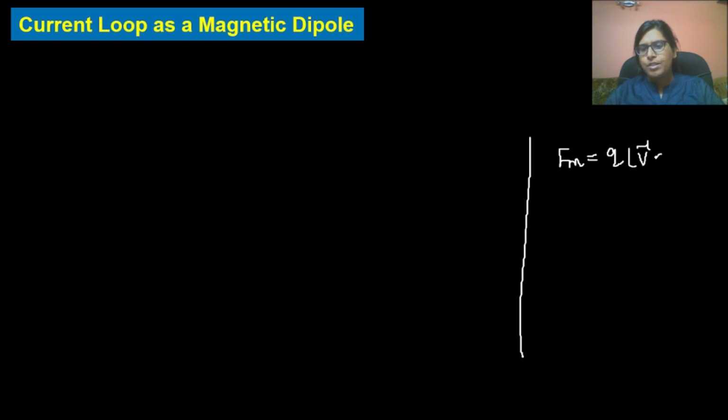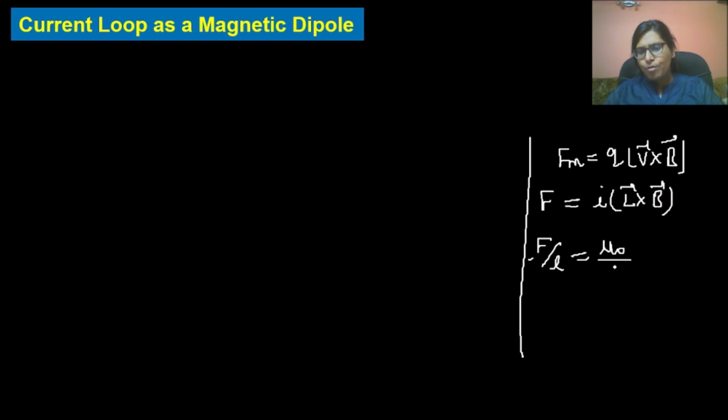Hello everyone. So in the last lecture we studied about force. Force on a charged moving particle, the magnetic force, was q into v cross B, and force on a current carrying conductor was I into L cross B. L was the displacement vector and its direction was from the initial to the final point. Force per unit length for parallel current carrying conductors was mu naught upon 4 pi into 2 I1 I2 upon the distance between those